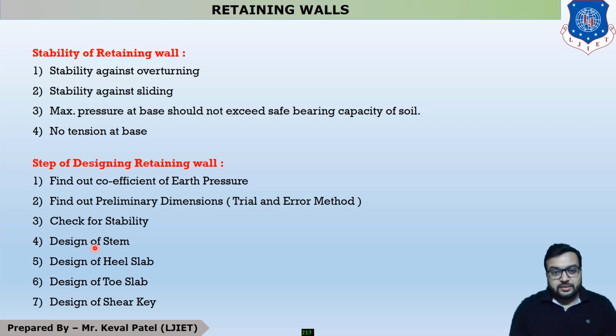Okay, so students, this is the end of all the theories. Now we are moving further to our example side. Okay, so in this chapter there are two types of examples in your syllabus. First one is design of cantilever retaining wall, and our second is design of counterfort retaining wall. So in the next lecture, we are discussing our first type of retaining wall, which is design of cantilever retaining wall, and after that we are discussing design of counterfort retaining wall.